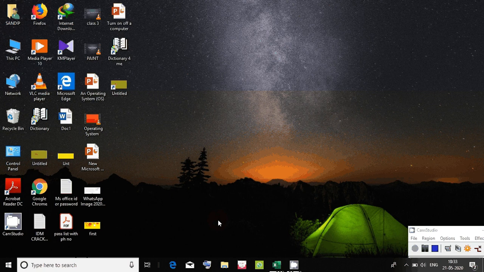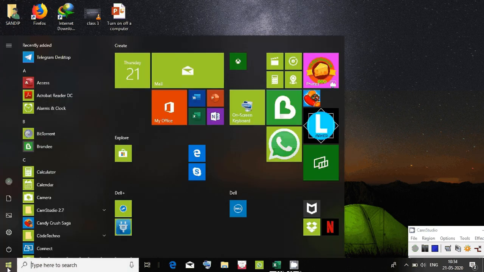Next thing, it is very similar to any other old Windows. We have a taskbar here. Here is the start button. Here are the quick access things that we want to access quickly. And here is a notification area where we see date and time. So let's start from the start button.